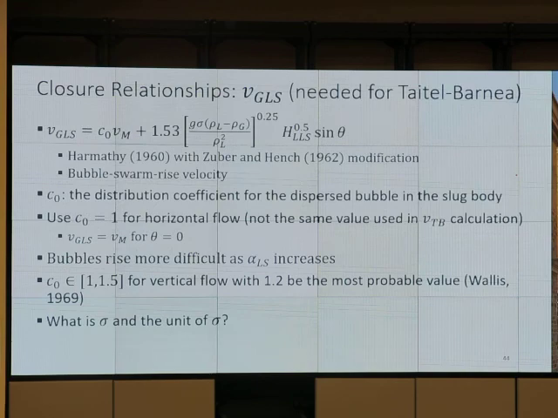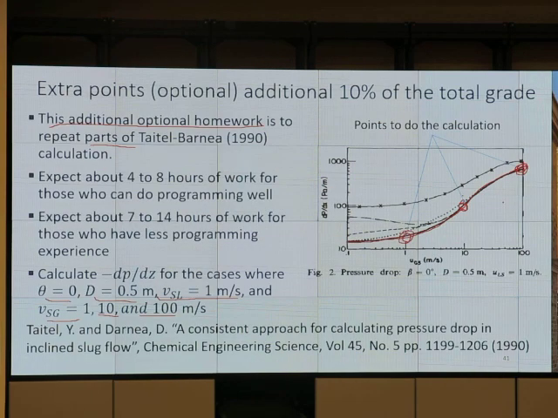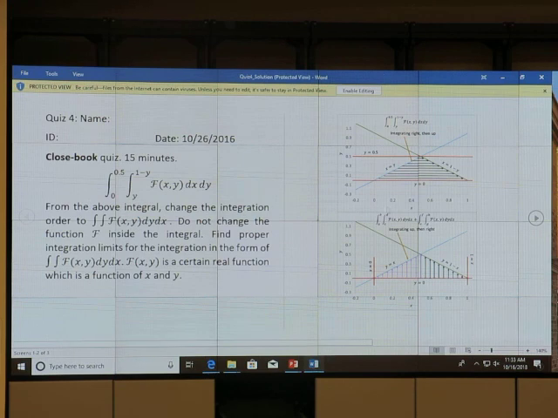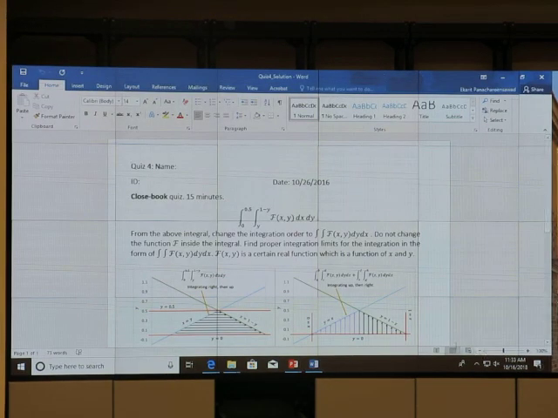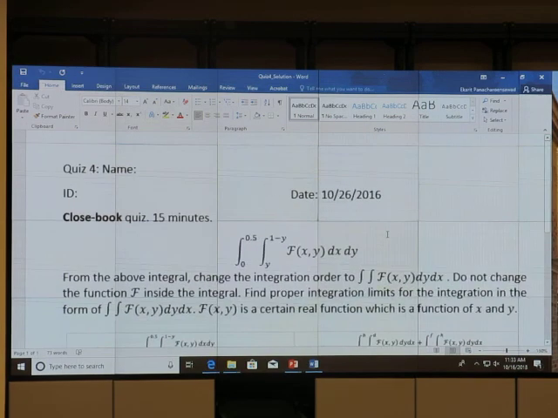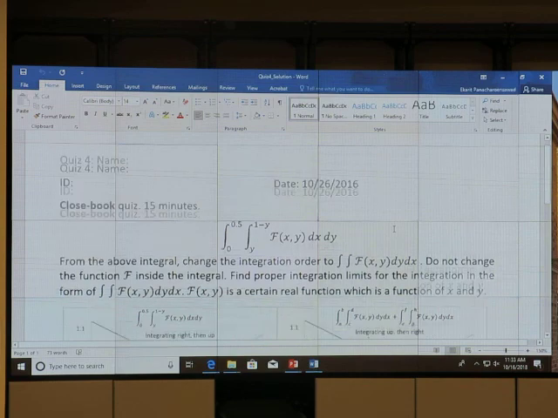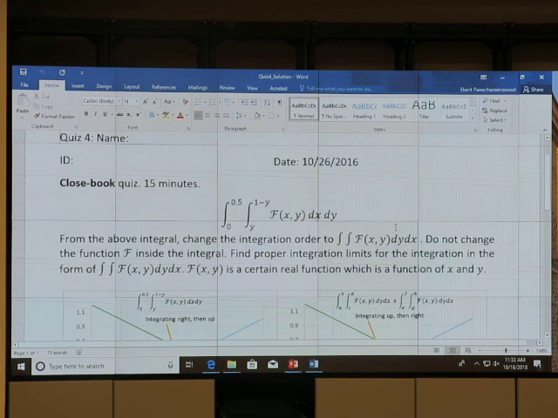Okay, before we go to closure relationship and see the model performance, to make sure that you understand everything, let's check what we have last year for the quiz. Okay, this is a quiz solution. The quiz solution is to change the integration limit. This is to check if you really understand the derivation that we have in class,